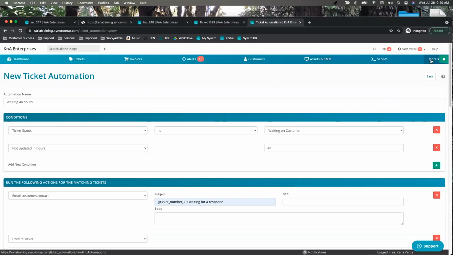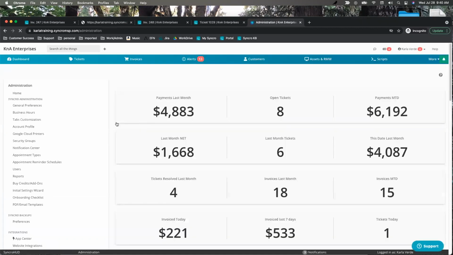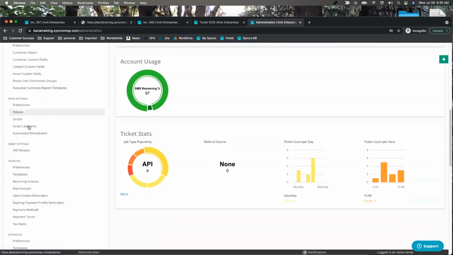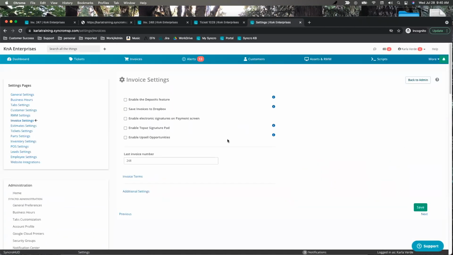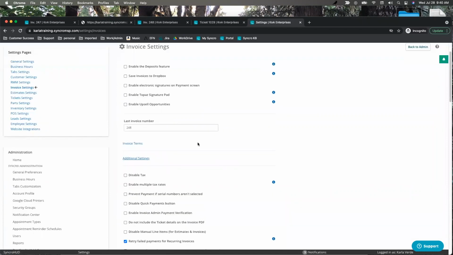Let's head over to our admin. We're going to go to more and admin. And we're going to scroll down to our invoice preferences down here. Again, not going to go through all of these, but some things that I really want you to be aware of is the last invoice number. If you have an external accounting integration like QuickBooks or Xero,